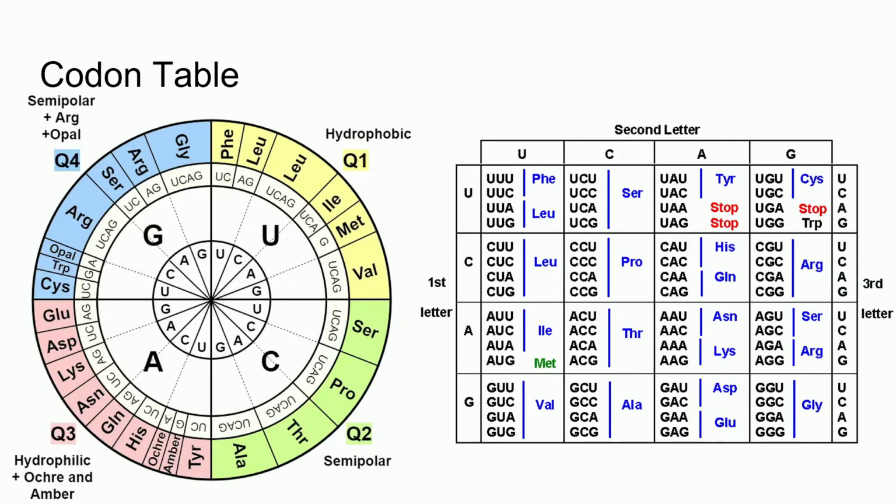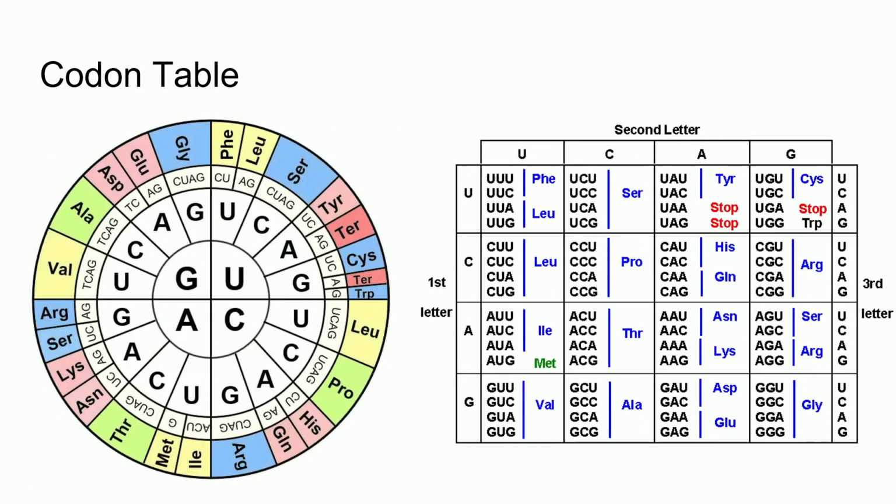The astute among you may notice something off about this particular codon wheel. This wheel is the one commonly published in textbooks and online, which shows you the first codon in the center, the second around that, and the third codon position or wobble position at the edge, to give you the same information from the table.